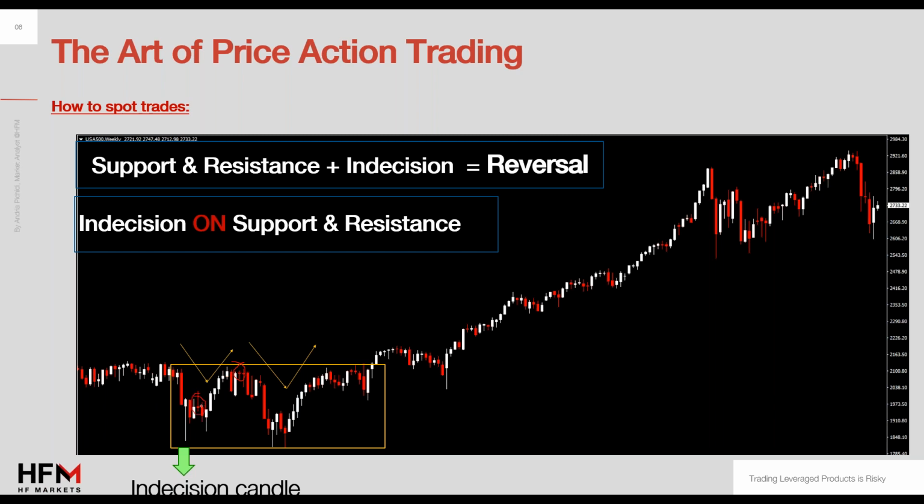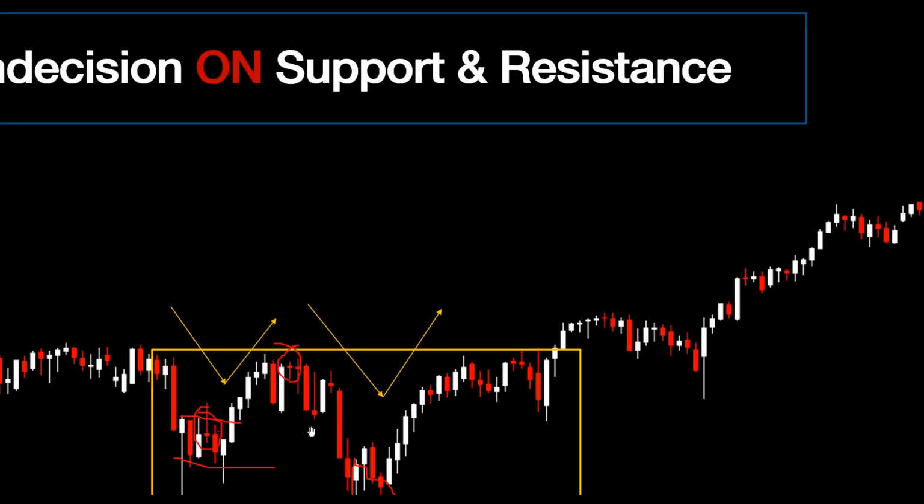This one, in general, it was sideways. These ones: indecision, doji candles at support and resistance level. Something like that implies a reversal. And we can clearly see that over here. It tried to come up to break that pre-existing resistance, because it used to be resistance earlier. It didn't manage, consolidated, posted some doji candles, and eventually reverted to the downside.